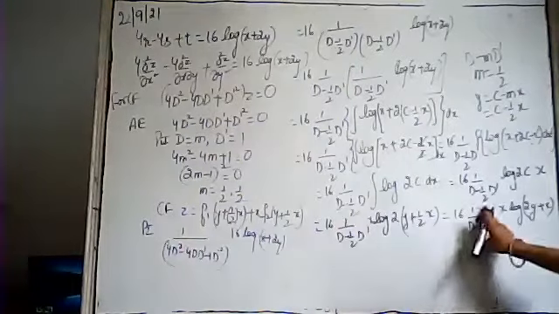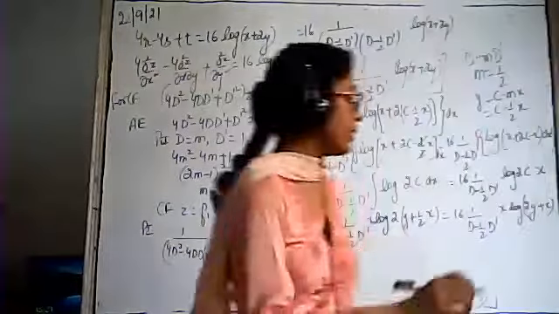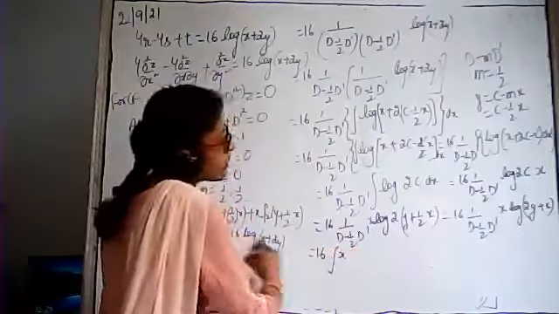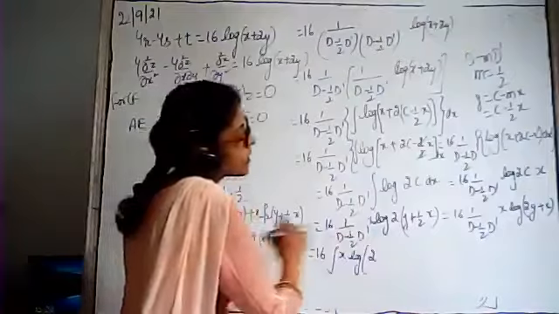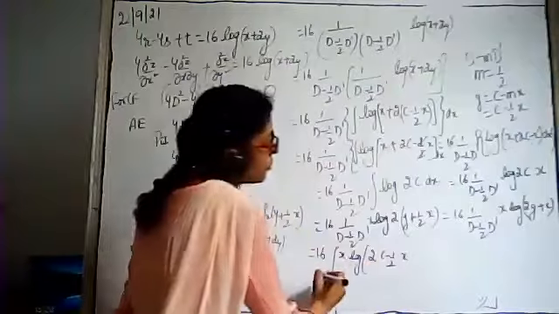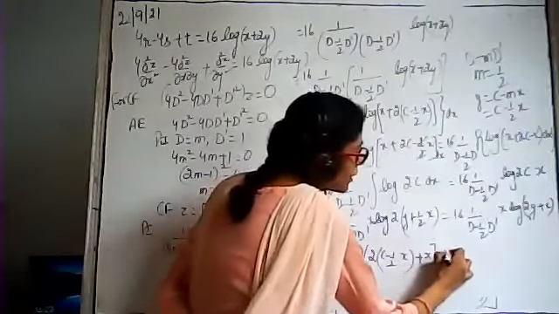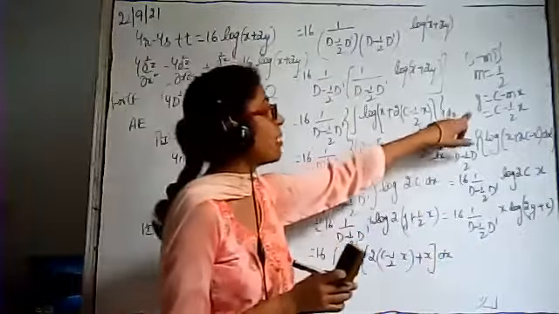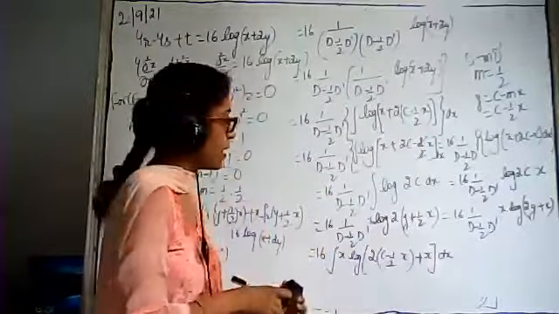Again, this is of the form 1 upon d minus m into d dash into some function. Again, apply general rule. It will be 16 and you have to integrate the function. X will remain as it is, log will remain as it is, this 2 will remain as it is, and in the place of y, we have to substitute c minus 1 by 2 into x, plus we have x, and we have to integrate this. कुछ नहीं करना, बस एक चीज ध्यान में रखो, जहां पे y आ गया वहां पे y की जगह पे आप लोगों ने क्या पुट कर देना है, c माइनस एम एक्स. तो मल्टीप्लीकेशन में है सारी टर्म, तो इसका ध्यान रखना आप लोगों ने.